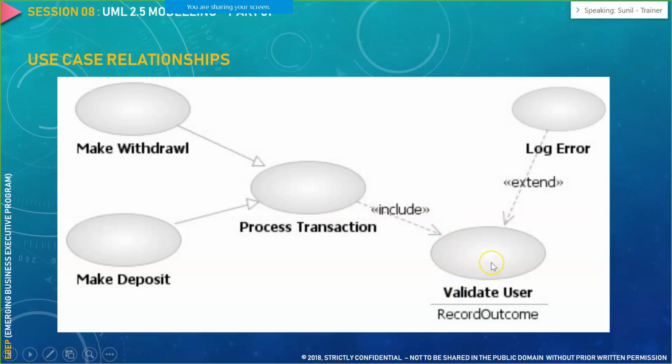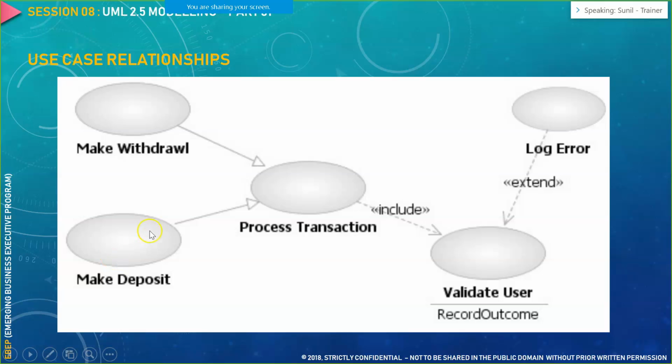Now, there could be an issue in a particular ATM system or banking system that the cashier or the ATM is unable to log in. It's not always that it would happen, but there are certain instances where it could happen due to a network outage or any other reason. That means we should have a use case in place to handle those, for example, log error. If there is an error logging in to that system, the user is not validated, the transaction process is unsuccessful, and you won't be able to make a withdrawal. So that is one use case end to end.